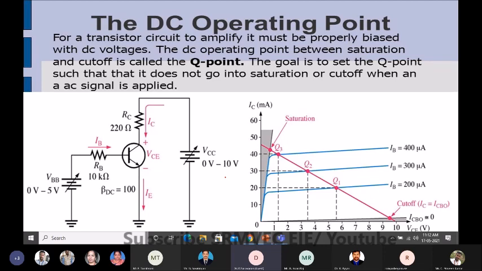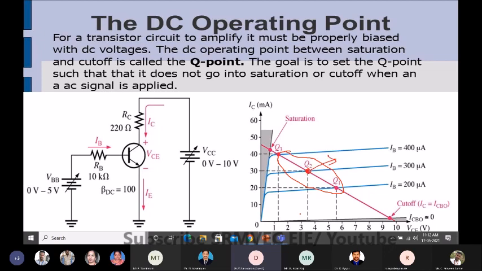Okay, so a proper voltage has to be given to the transistor to maintain your output at a proper level. Because already we have seen that the BJT can be operated either in cutoff, saturation or linear region. But for amplification, it is usually operated in the linear region. Okay, so this is what we call the linear region. In this, the center part is where your operating point is.